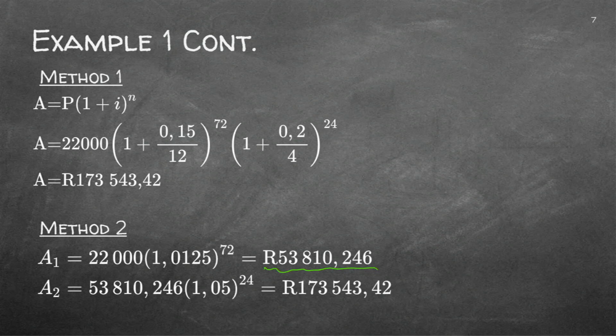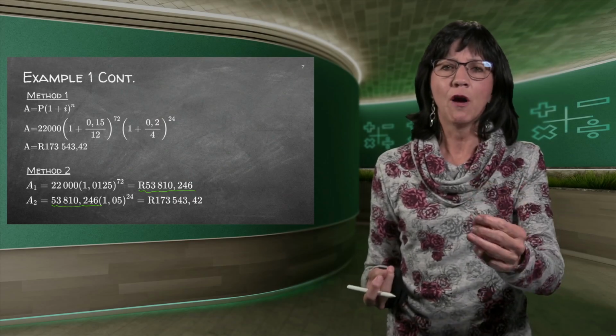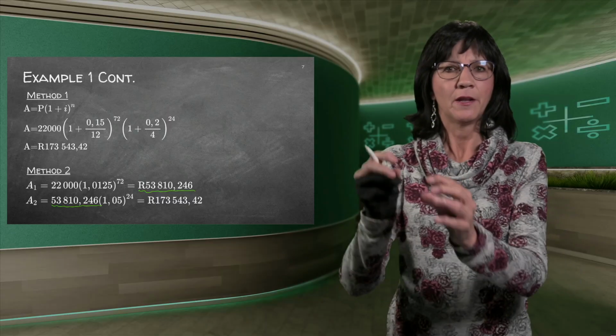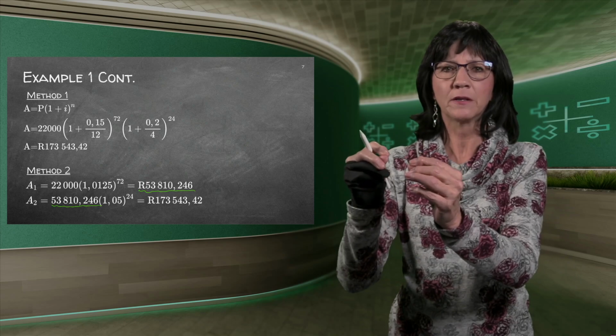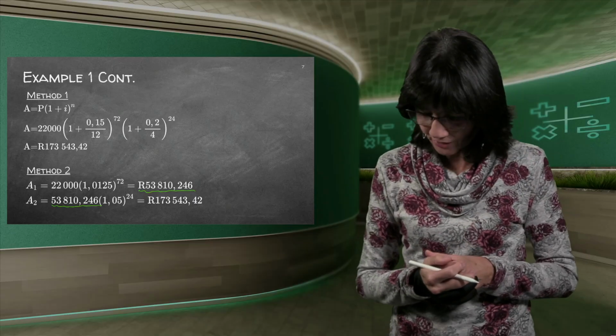And then when they get the answer, they take that same answer and they multiply it with a new bracket. But remember, now you may not round off inside the problem. And it gives you exactly the same answer. But can you see it's two different problems? And the problem is here that you may want to round off and then you're not going to have an accurate answer. So rather just use the coaches. P is the locomotive in the front. Then you've got a lot of coaches at the back of it. It depends on how many times your interest rate changes.